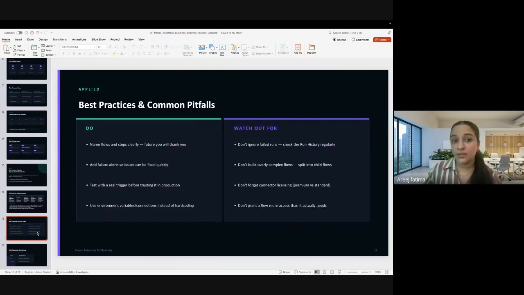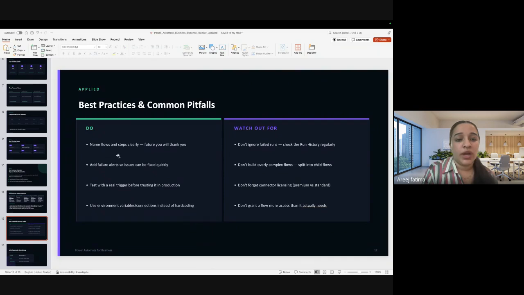Before developing anything, before doing the practical part, there are some practices that we need to follow. Even as a programmer, we have practices for coding, and whatever we are going to do, we have to follow all these practices. As I already told you, this is low code, which means we have multiple types of activities. So we need to give them the complete flows and proper names according to the scenario.